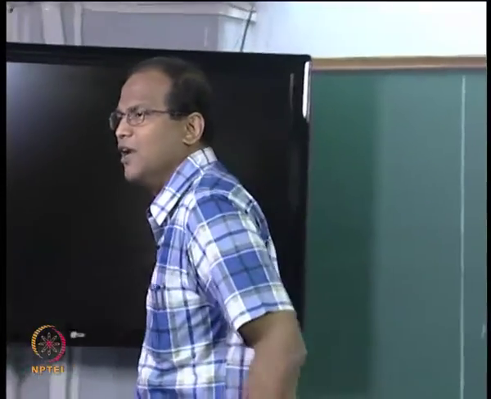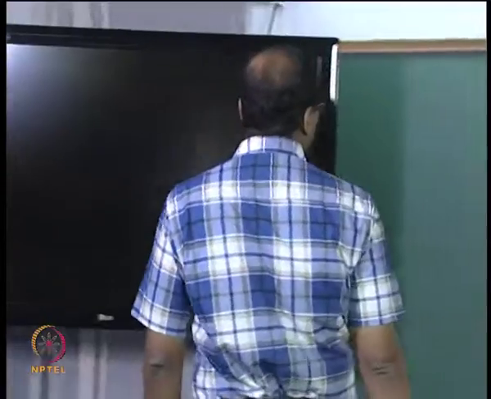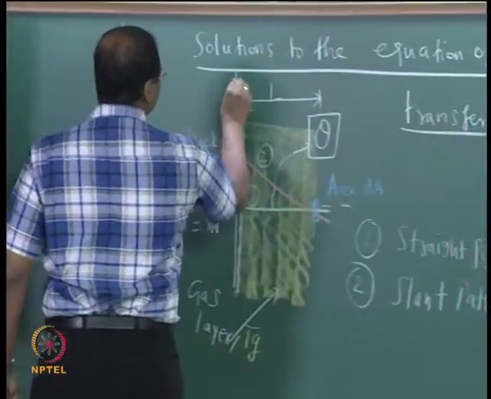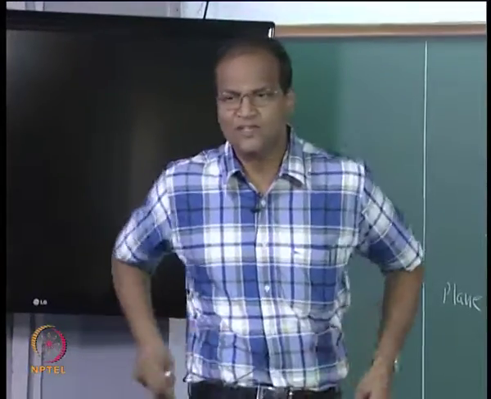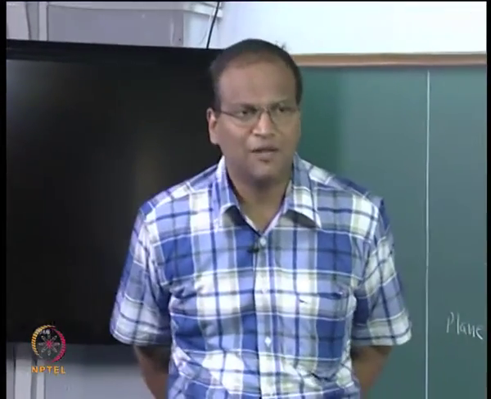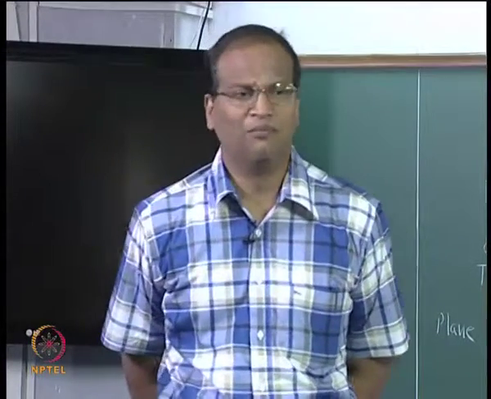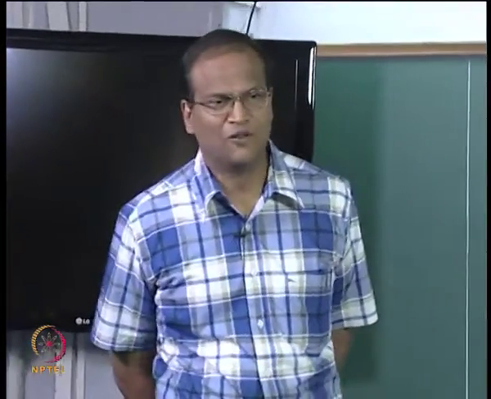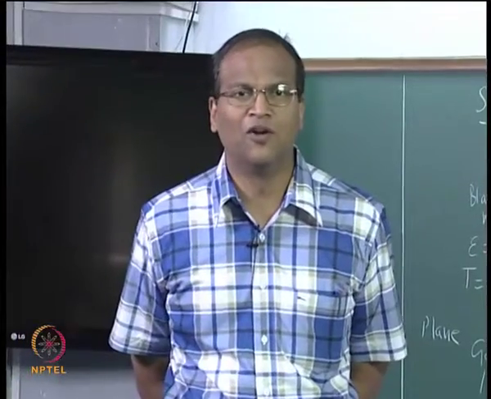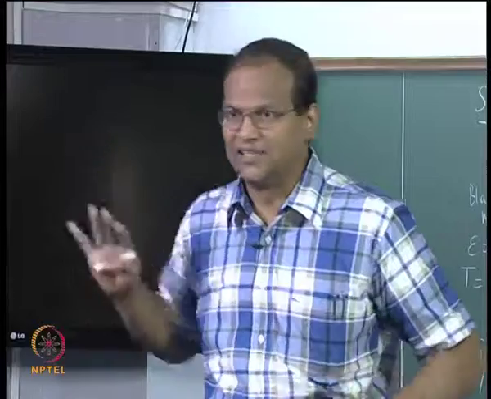So essentially we are looking at how I, the intensity, varies in the direction x. So this is x, the positive direction of x. The gas is at a temperature Tg, the wall is at a temperature Tw, and the gas is going to absorb and emit radiation, so it is gas radiation. Now we want to solve the equation of transfer. By solving the equation of transfer we want to find out how I, the intensity, propagates with x, correct, that is the goal.